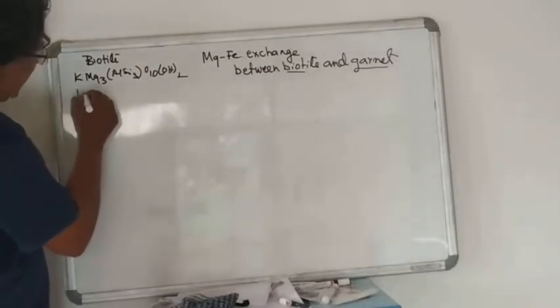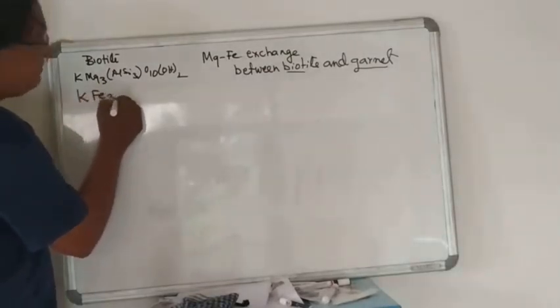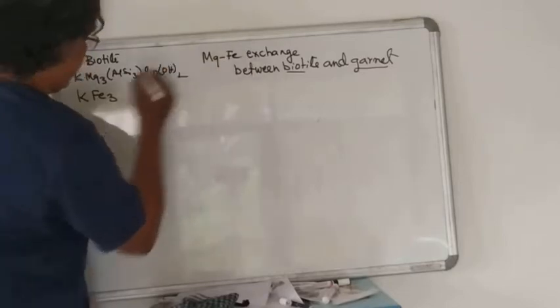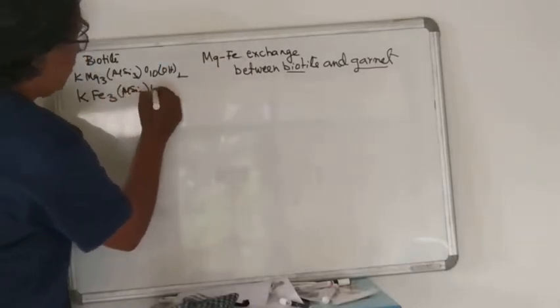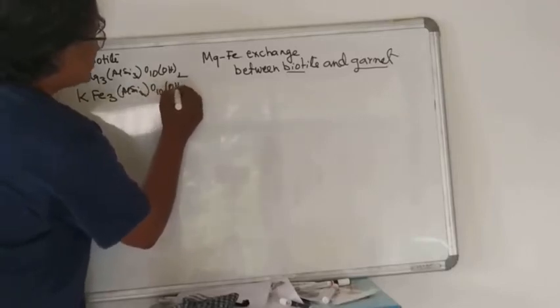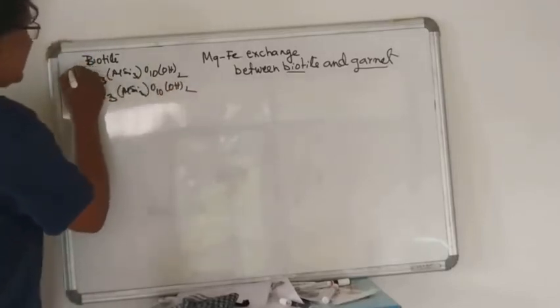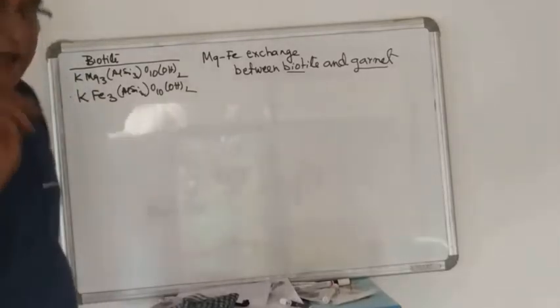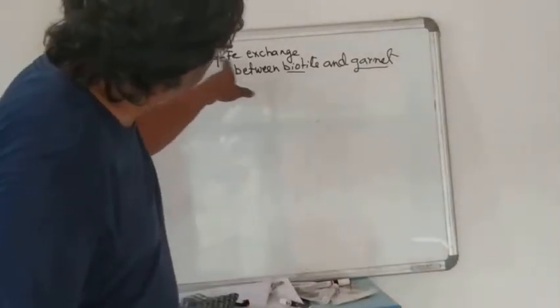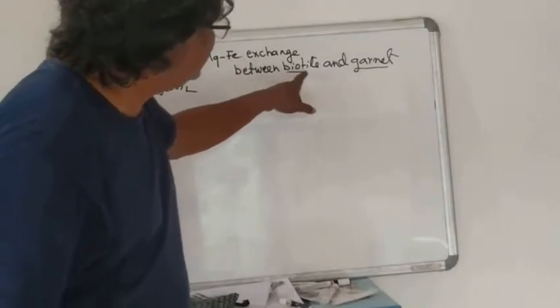But if we take the iron member, because it talks about magnesium-iron exchange, then we have K Fe3 Al Si3 O10 (OH)2. So these are the two phase components of biotite,